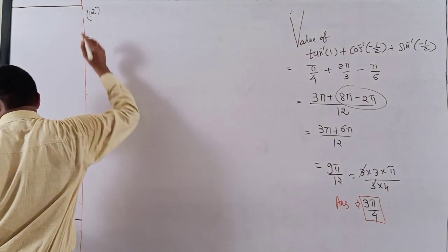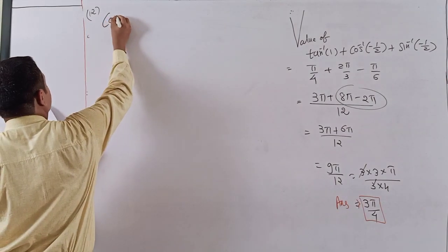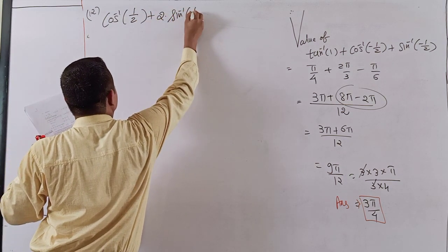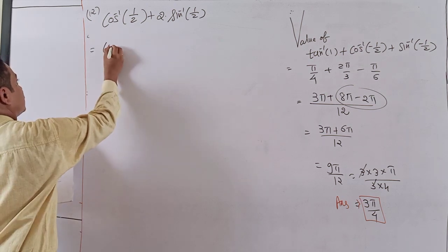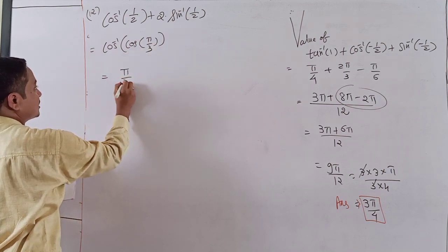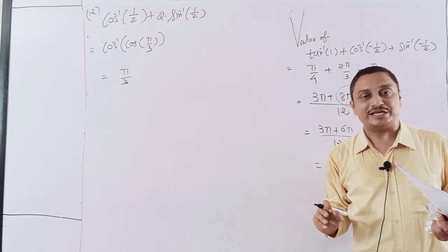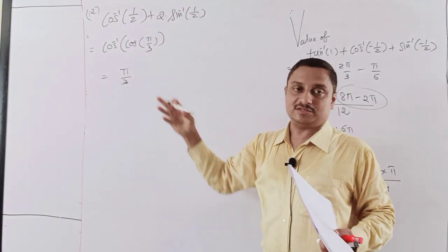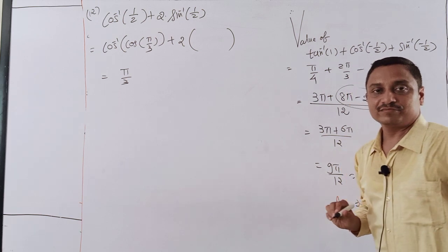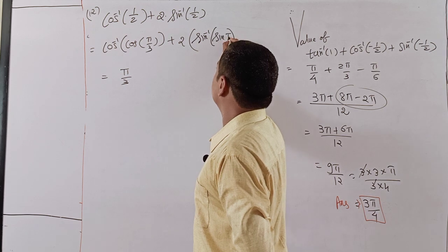Yes, there are also 2 marks questions, students. Question 12. Cos inverse half plus 2 times sin inverse half. It's very easy. First of all, when cos is half, yes, 60 degree. So your answer is pi by 3. Students, here a direct calculation, not assumption to y wise and x wise. Direct asking when cos is half, it is 60. So answer is pi by 3. Here same I am asking when sin is half. Yes, it is 30. So sin inverse sin 30. 30 means pi by 6.